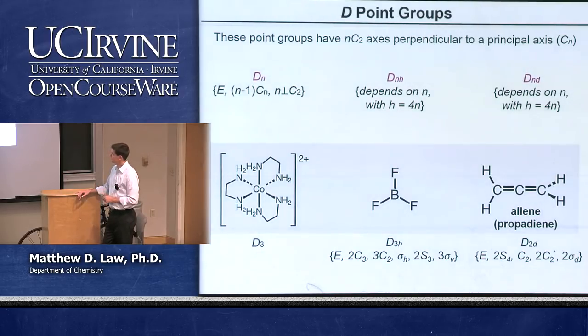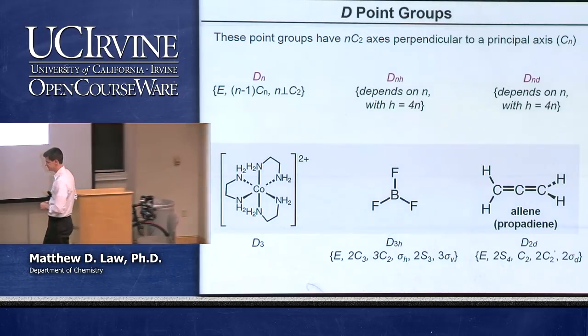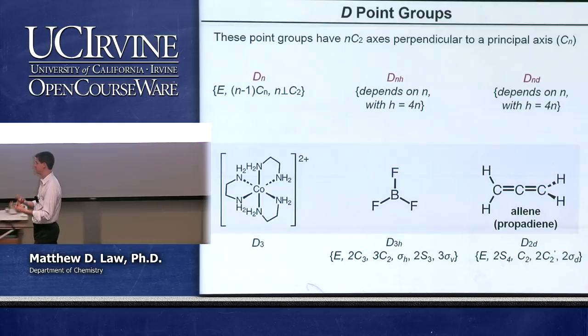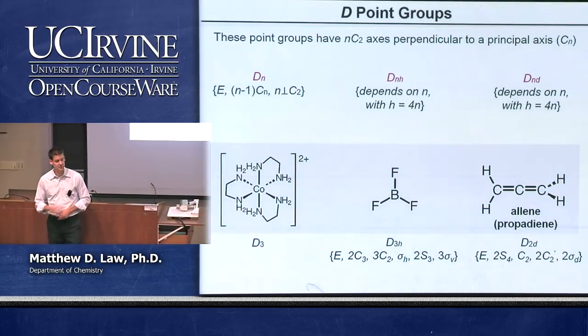In addition, we can count up all the other things that would be in this point group. You're going to have an S4 axis and other things. This is D2D with all of those symmetry operations present. Okay, so of course, we can have a D3D, we can have a D4D, we can have a D5D, et cetera, et cetera. They're all going to have a different number of symmetry operations, but in general, they're going to look fairly similar in terms of having mirror planes present, having horizontal mirror plane for DNH, not for DND, et cetera.